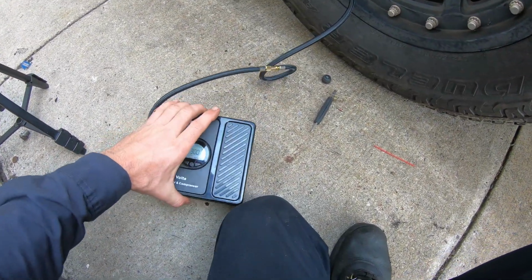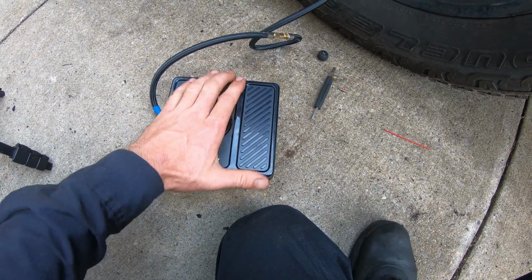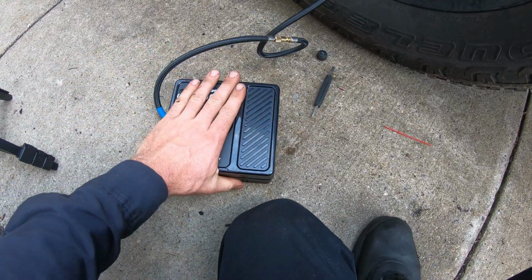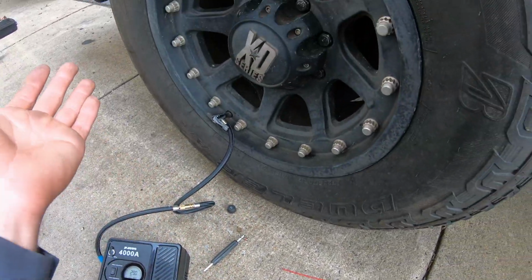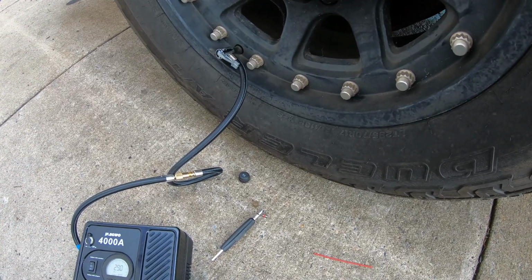All right, second 5 minutes is up. We're indicating 30 PSI on here. This thing is pretty darn hot. So it went for a straight 10 minutes and it didn't shut off or melt or overheat. It was still pumping. Keep in mind, we're indicating 29, which is great. That means it can bring a SUV tire or truck tire up to 30 PSI within 10 minutes